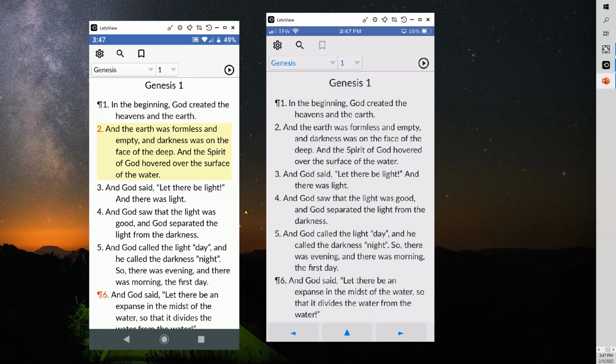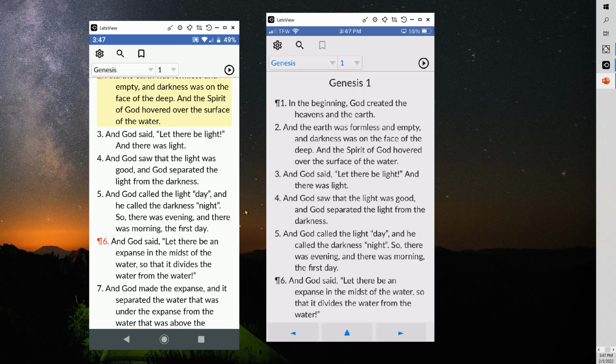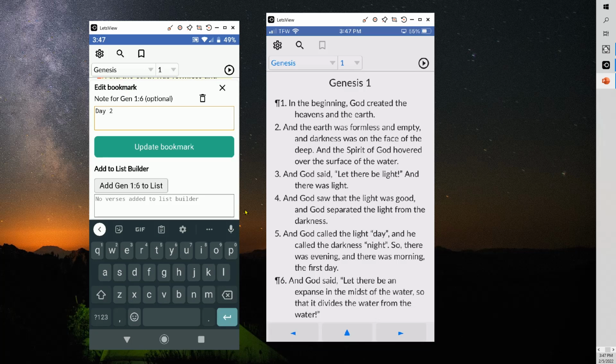If you wanted to get rid of just one bookmark, say verse 6, tap on verse 6. And when the bookmark already exists, you notice it says Edit Bookmark, and the button says Update Bookmark instead of Add Bookmark. Now, at this point, you can either edit the note, add some text, and if you tap Update